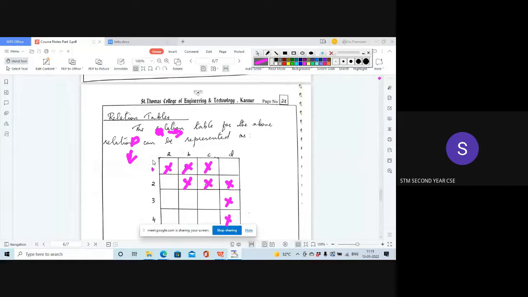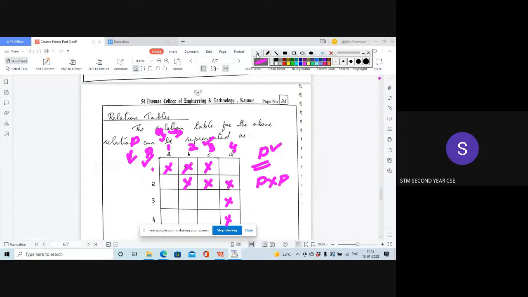So when you represent this table, the rows represent one set and the columns represent the second set. You have two sets, P and Q; the rows represent the first set and the columns represent the second set. Suppose the relation is defined only on one set, from P to P, that is, on P cross P. Then you represent P in rows as well as in columns. If only one set is given, the rows and columns will be the same set. If the relation is defined on two sets, then the rows will be one set and the columns will be the second set. For everything it is like that.